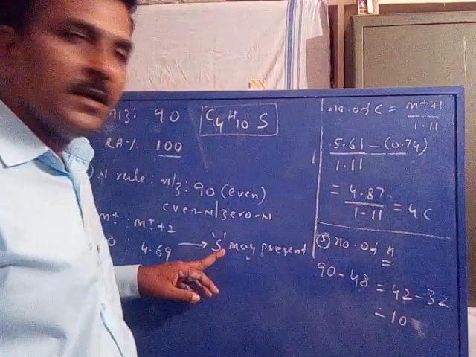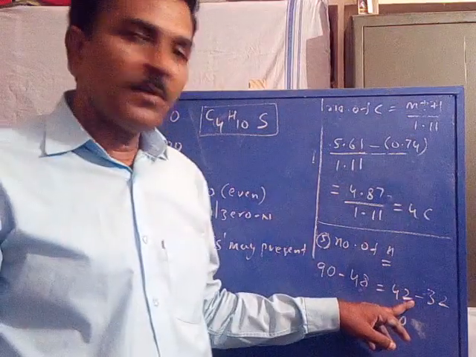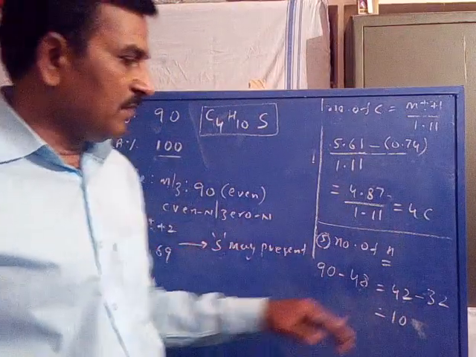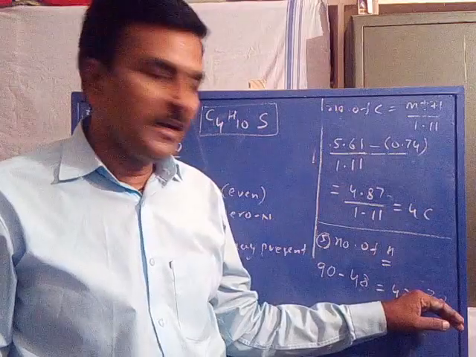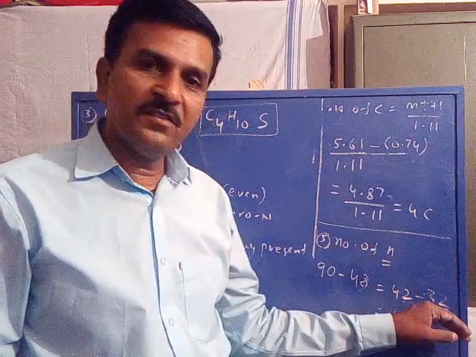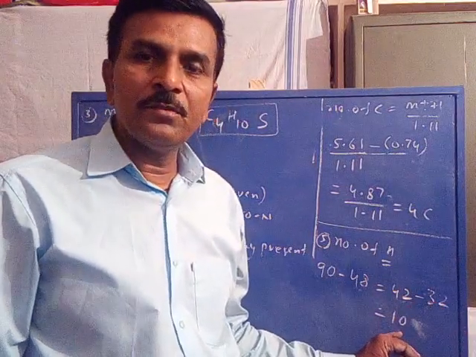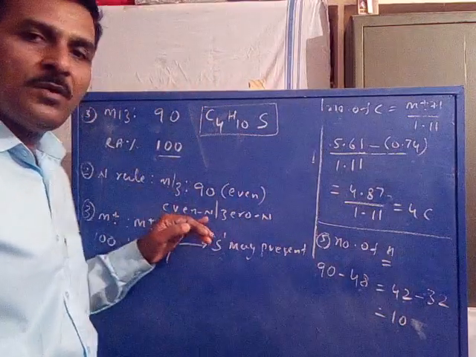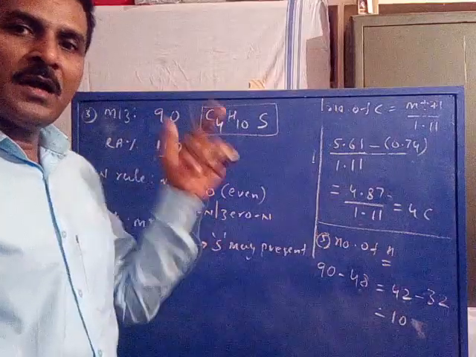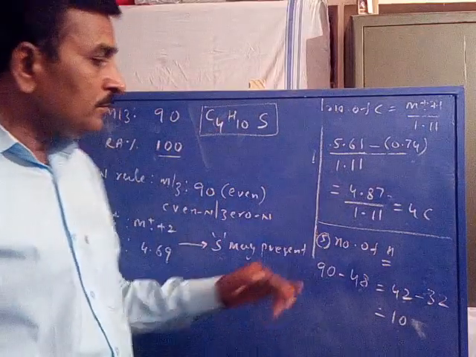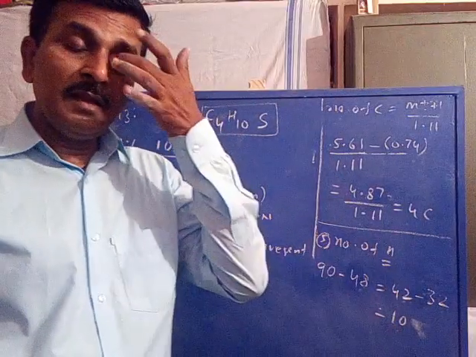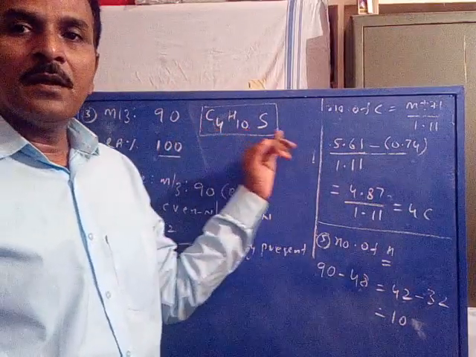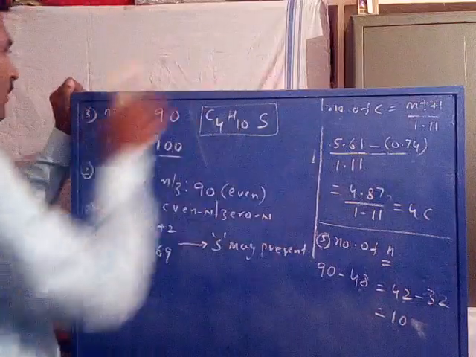And we have got the presence of sulfur. The leftover mass is only 42, therefore it is possible to accommodate only one sulfur. Hence the sulfur mass will be deleted from the leftover mass. 42 minus 32, the whole leftover mass is only 10. With 10 leftover mass, it is not possible to accommodate even number of nitrogens or even oxygens. Therefore all the leftover mass 10 is related to hydrogen. Hence the molecular formula becomes C4H10S. This is the third example.